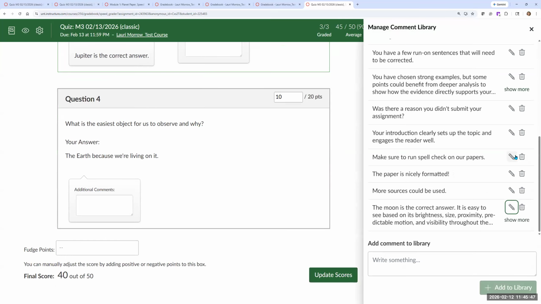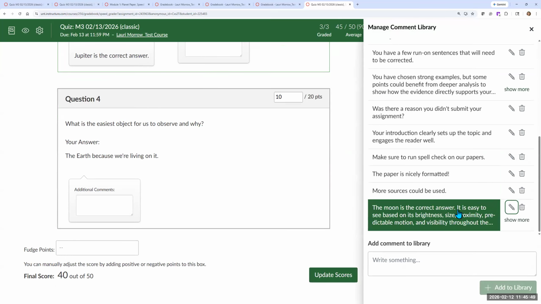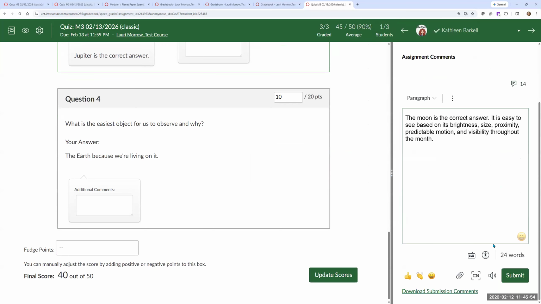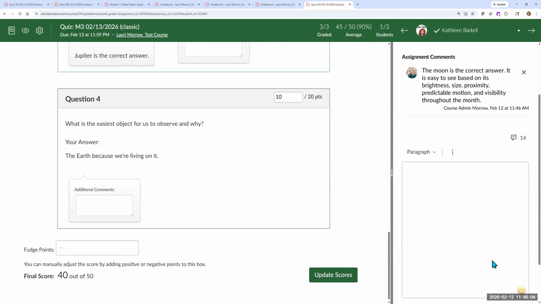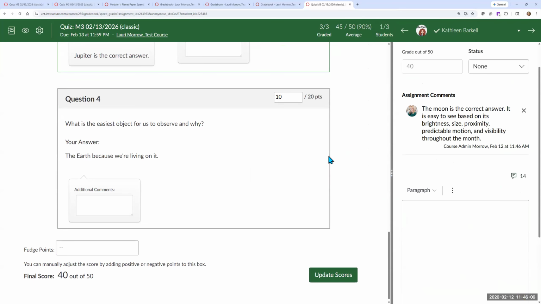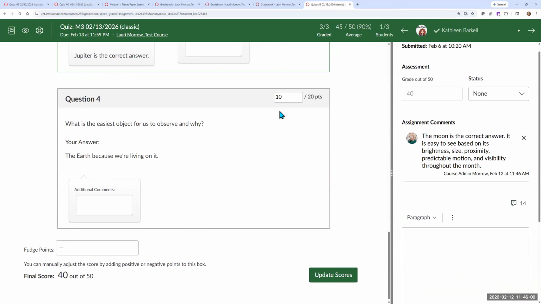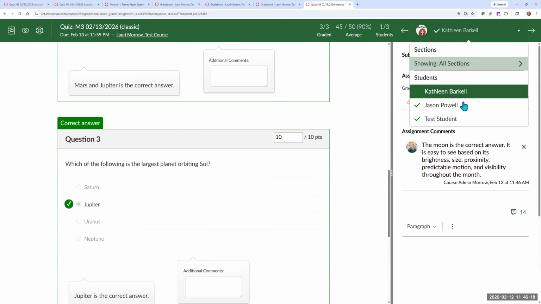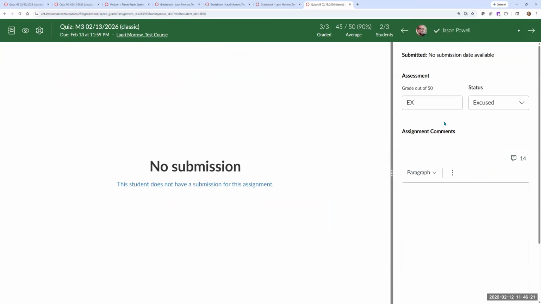And I'm going to say update score. And then in my comments area, I'm going to write the moon is the correct answer, and it's easy to see based on brightness, size, proximity, predictable motion, visibility throughout the month. So I'm going to hit submit. And she's going to see that she got the answer incorrect, but I liked her answer, so I went ahead and gave her 10 points for it. So the score has been updated to 40,